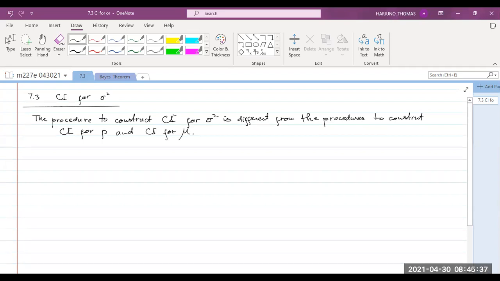It's very, very different. So in the first maybe 10 minutes, I will explain what the differences are, the procedures and the assumptions. It is because